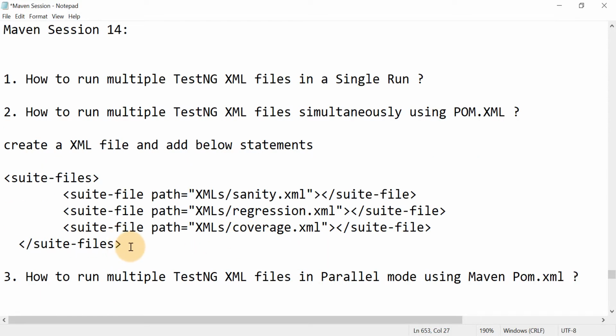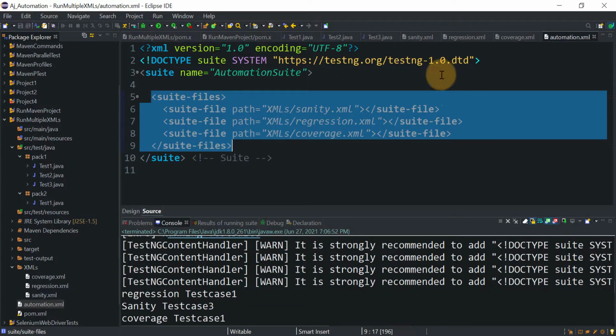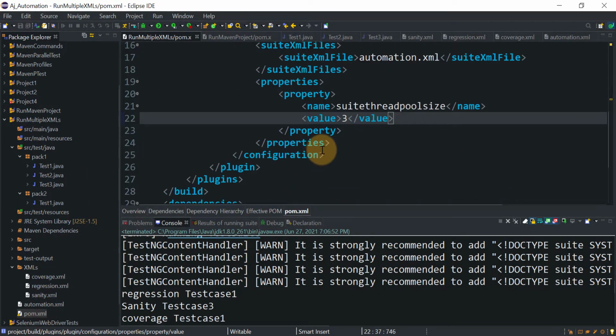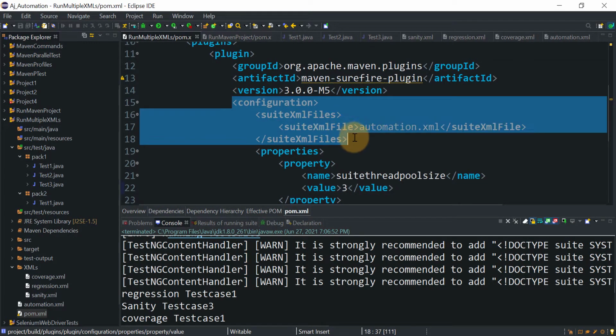and you need to create this XML file, add these things here, and provide the XML file name in pom.xml. You need to provide the file name in the pom.xml file, under configuration, suite XML files, and then this.